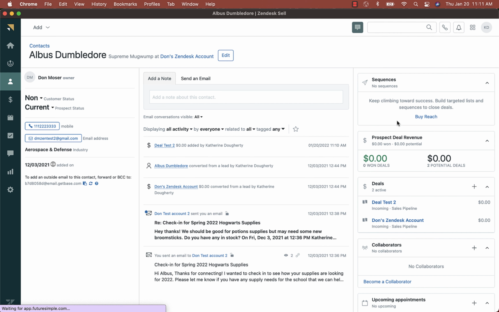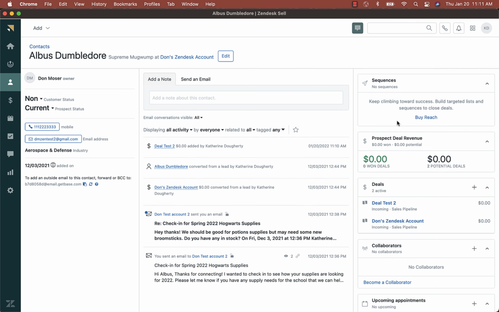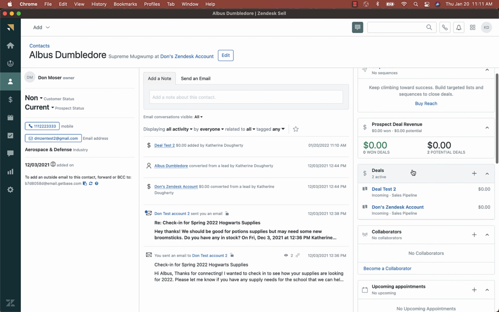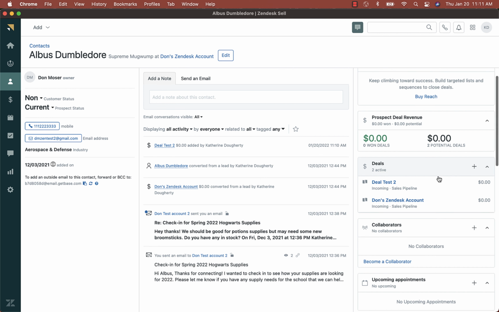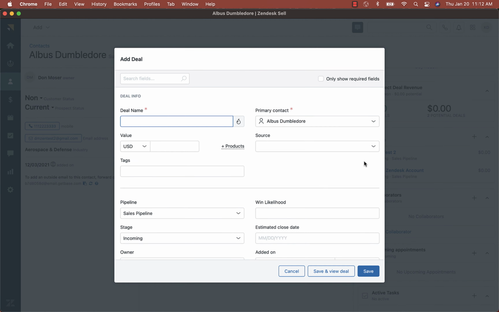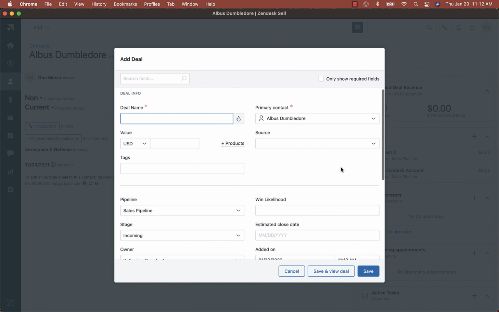Another way that a deal can be created is directly from a contact card. I'm in the contact card right now for the deal that we had just created, but there is another deal that they are associated with. What I can do is go to deals on the right-hand side and click the plus button. You will see the same information as before, where you'll need to add a deal name. But the difference here is that the primary contact has already been filled out because you are creating the deal